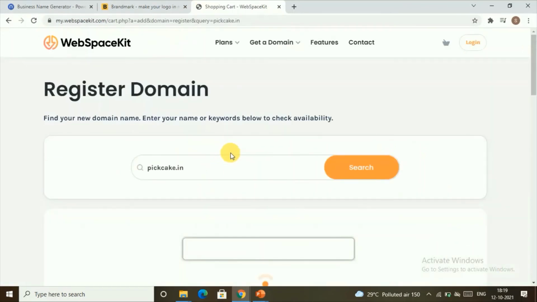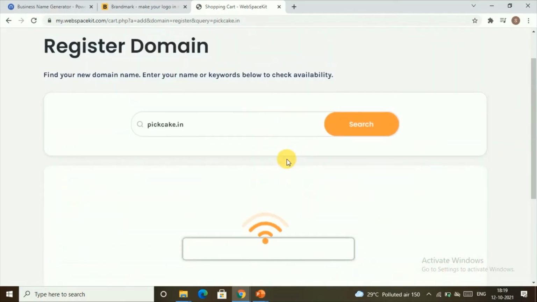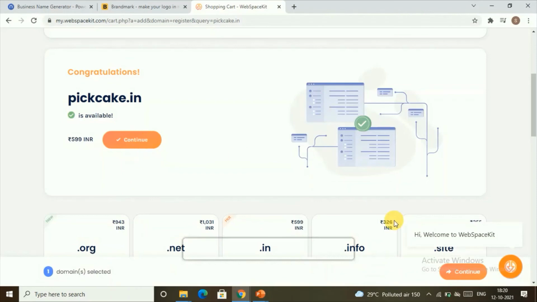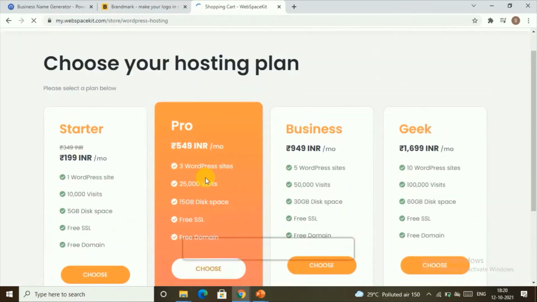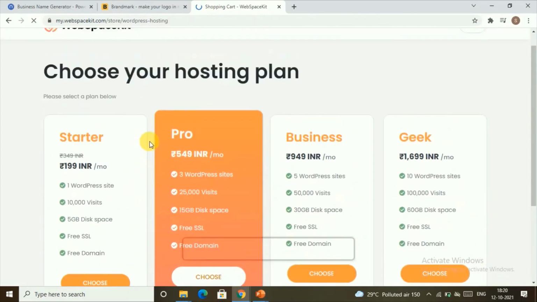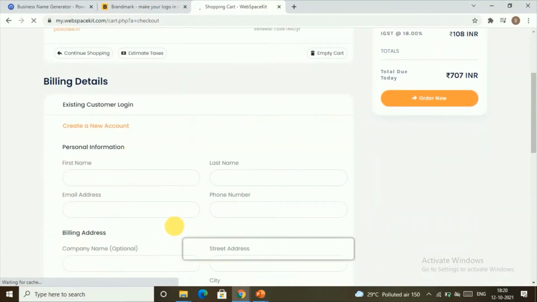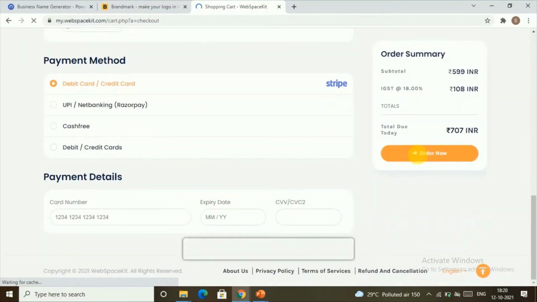You can buy this. Here you can click on add to cart, and then click on continue. Here, if you want a hosting service, you can choose any one of these, or else you can just skip, enter all the details, check out here and order this domain for your brand.